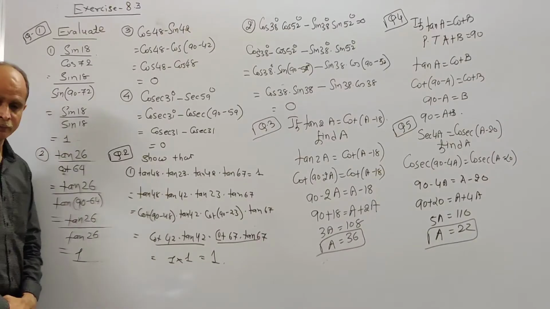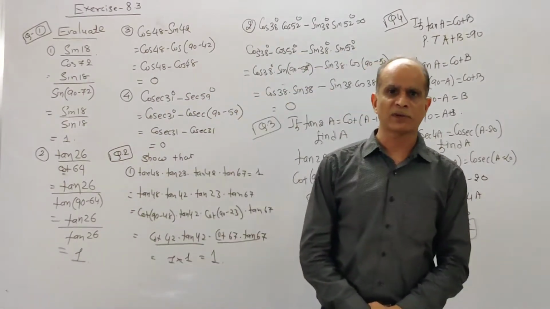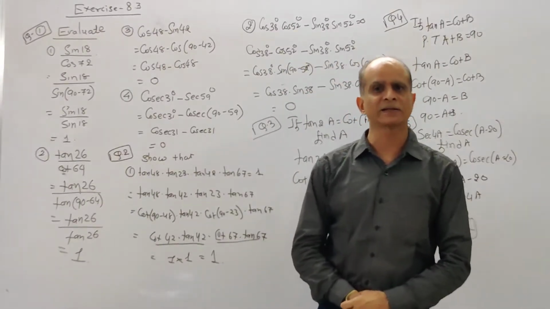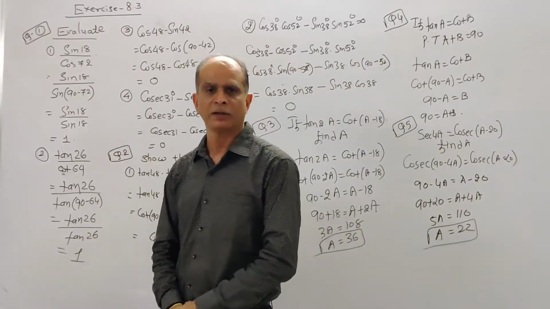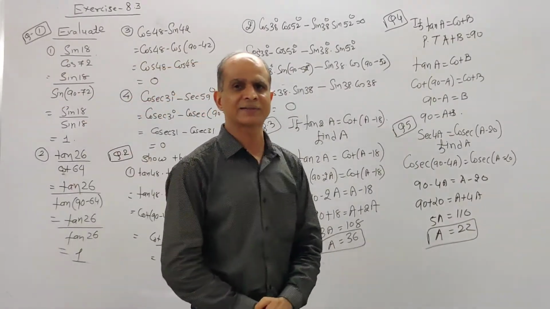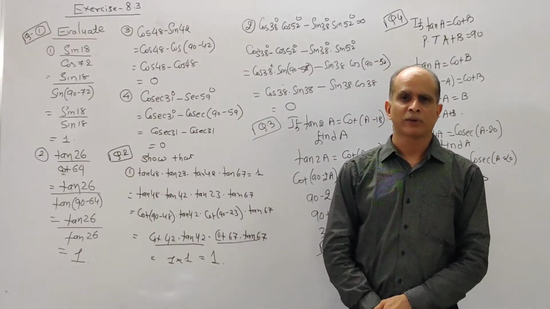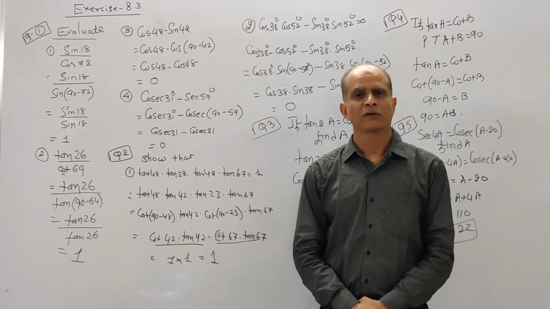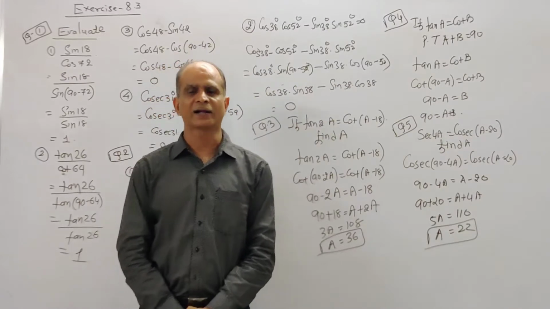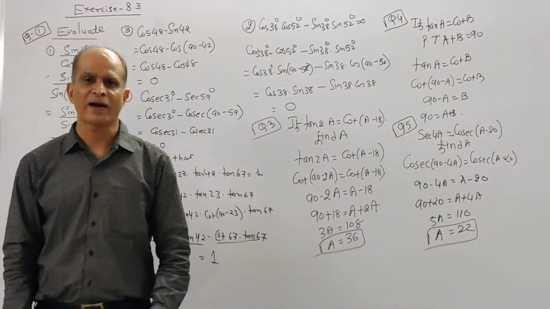Hello friends, we have already discussed all 11 formulas of this chapter 8 trigonometry. We have solved exercise number 8.1 as well as 8.2. The 8.2 consists of the first formula, the value of the trigonometric functions for different values of theta, that is 0, 30 degree, 60 degree, 45 and 90 degree.